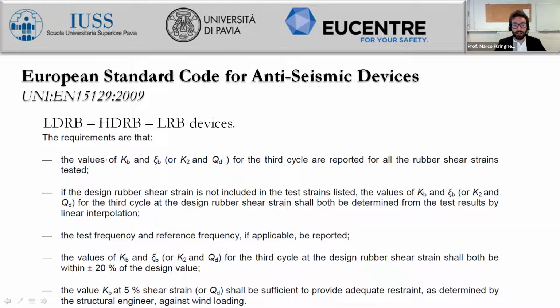So the value of the key parameters, let's say KB and the damping ratio for rubber bearings, rather than the post-yield stiffness and the strength for the lead rubber bearings of the third cycle, are reported for the rubber shear strain tested. So you see that for this standard, the mechanical properties of the third cycle are very important and are under investigation, because maybe the standard code assumes that the very first two cycles allow the device to achieve a stable response. So as you see, then